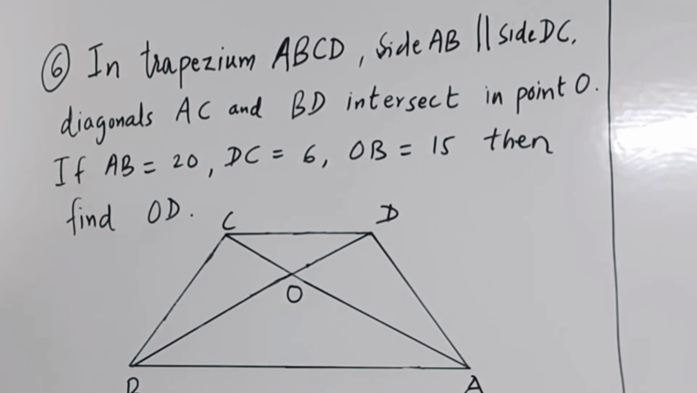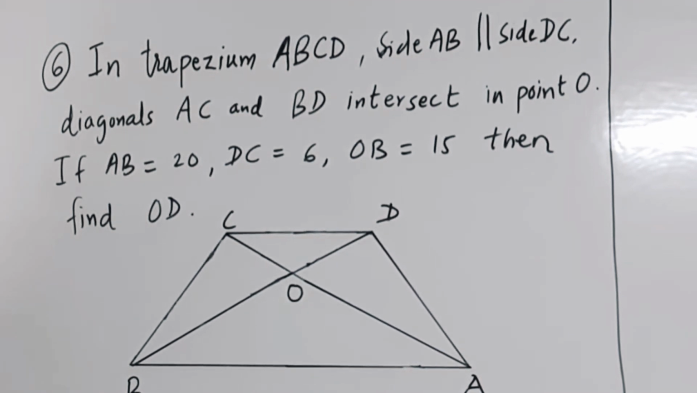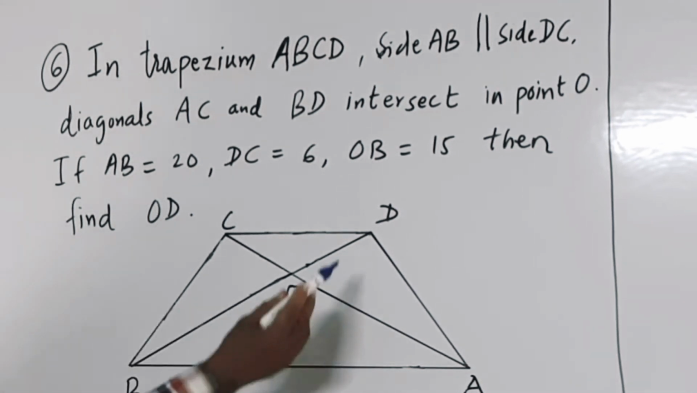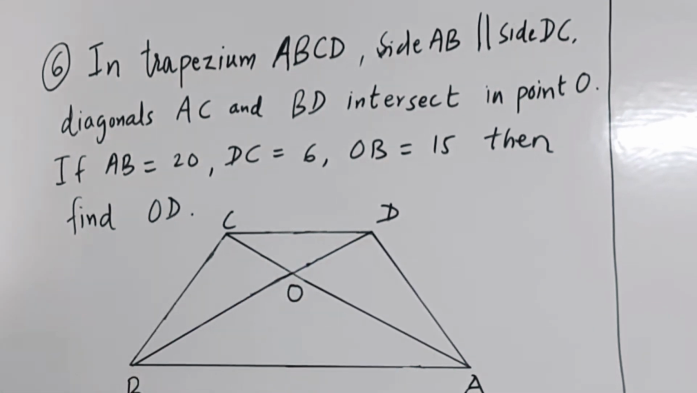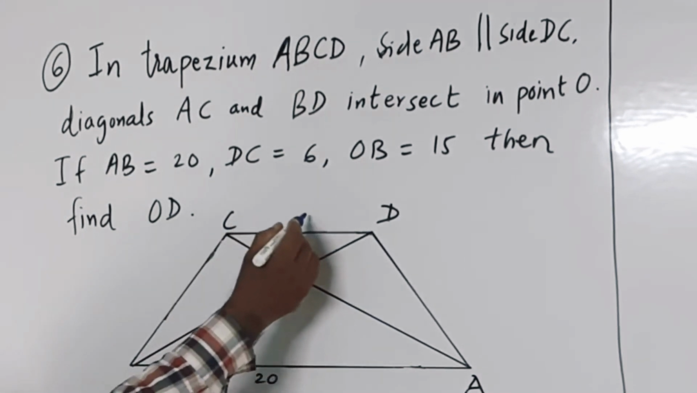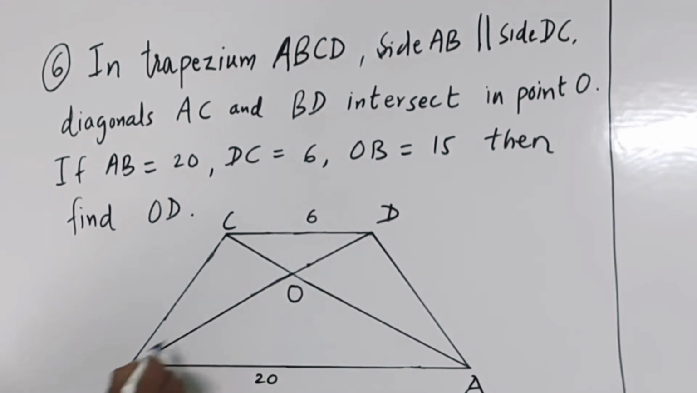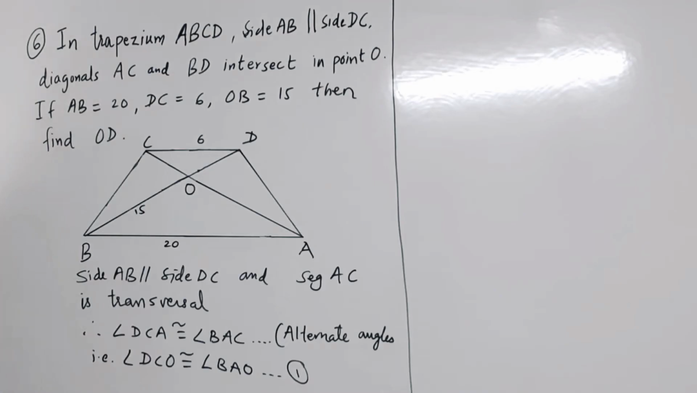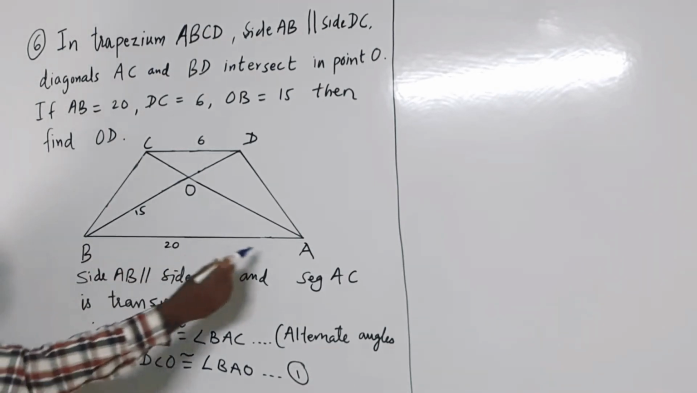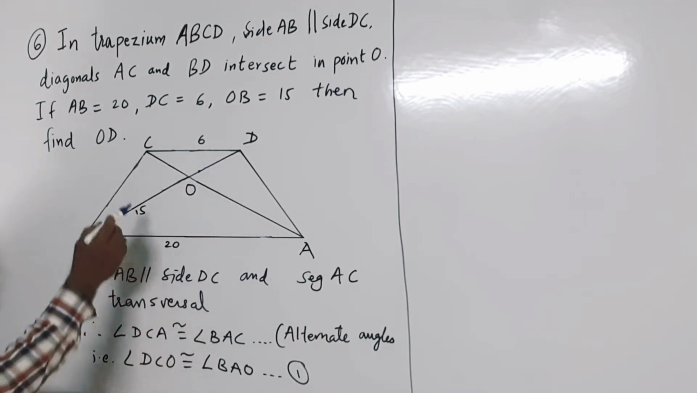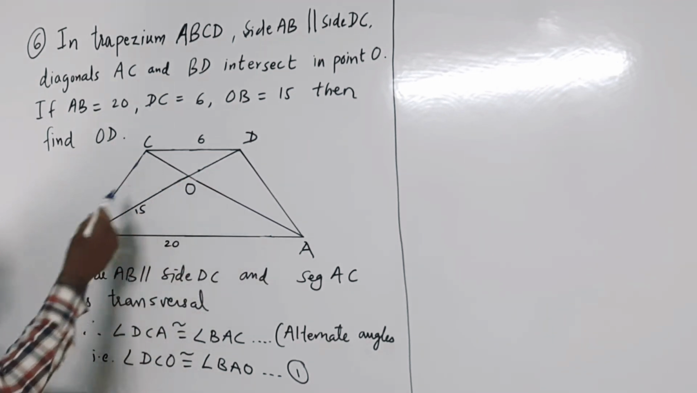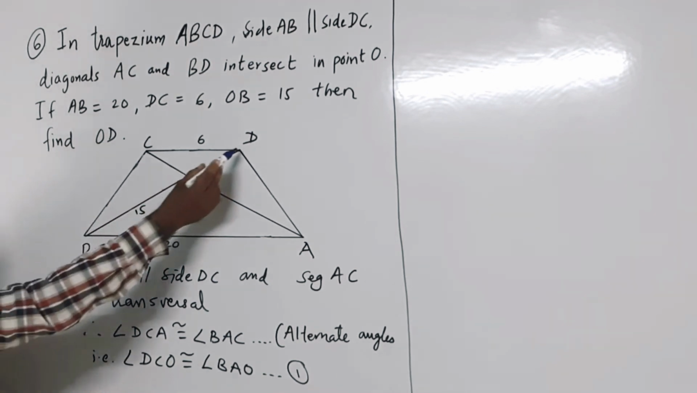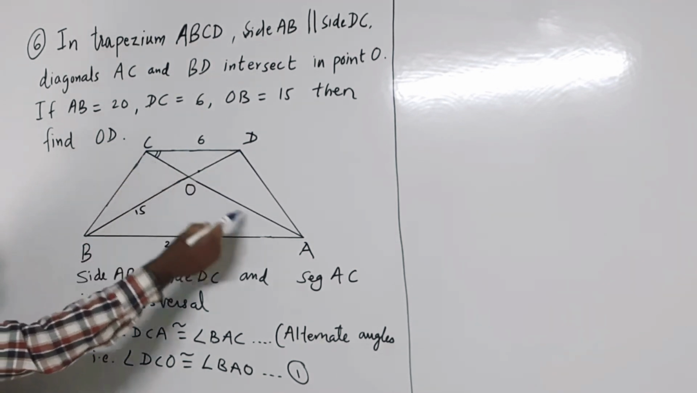Example number 6. In trapezium ABCD, side AB is parallel to side DC, diagonals AC and BD intersect at point O. If AB is equal to 20, DC is equal to 6, OB is equal to 15, we have to find OD. Now, here as line AB is parallel to CD and AC is the transversal, therefore angle DCA is